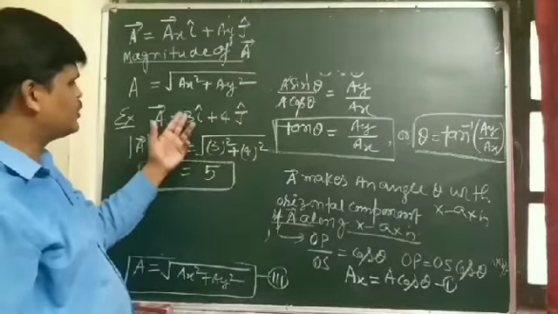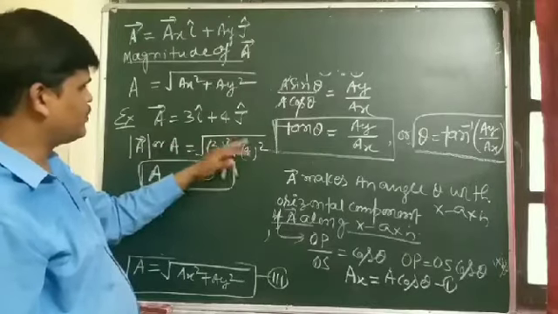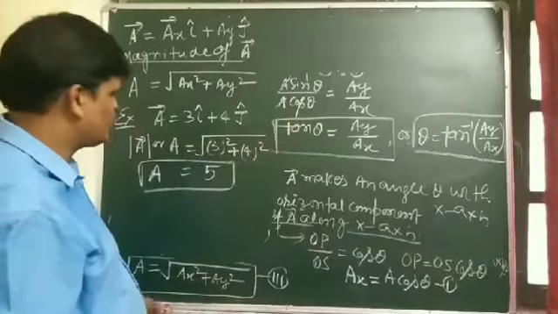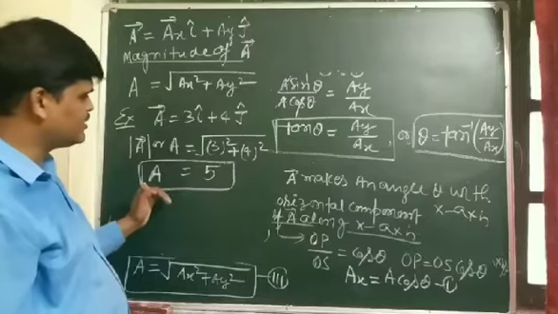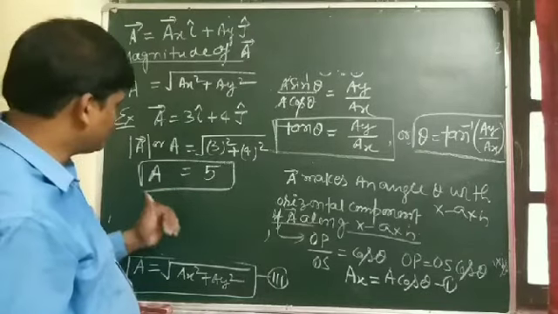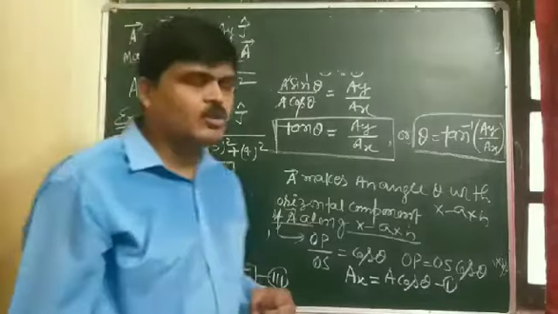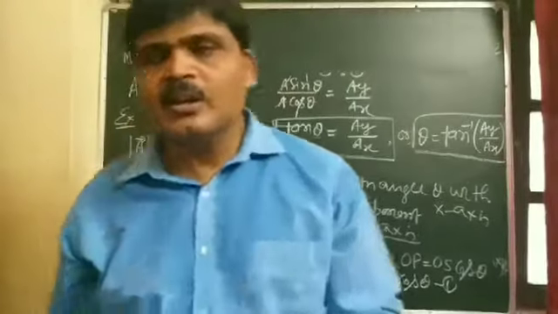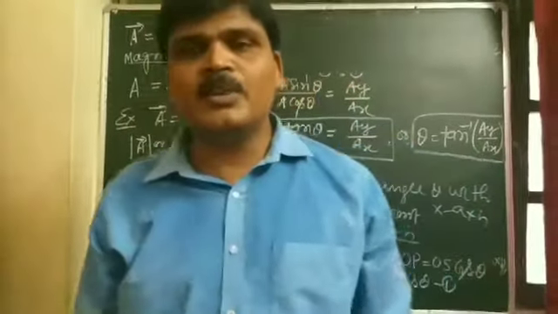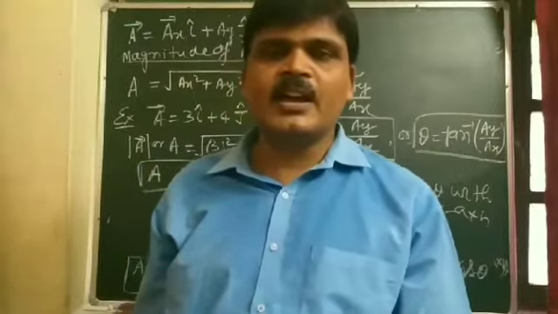So you take the square of 3 plus the square of 4 plus the square of 3 also. In this way you can easily find the magnitude of a given vector, and this is the complete explanation of the rectangular components of a given vector A in the xy plane.